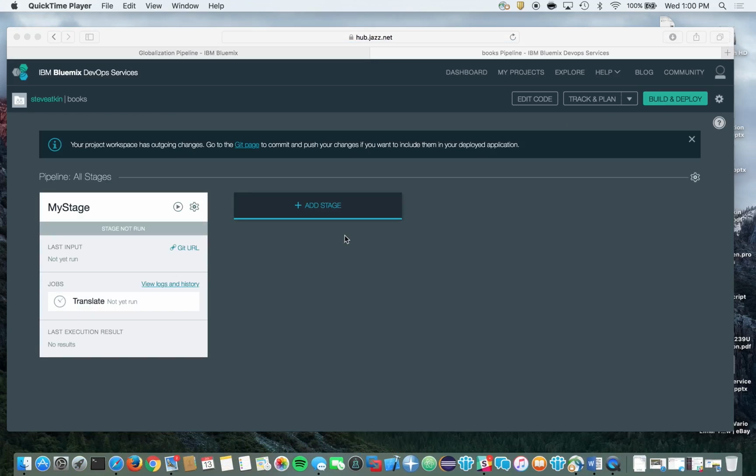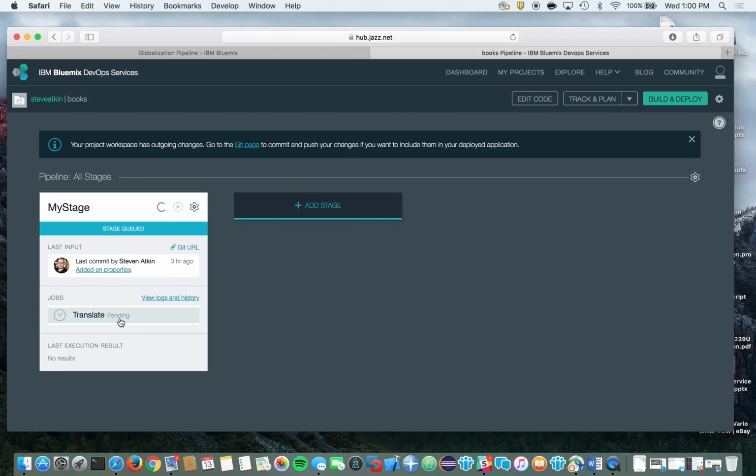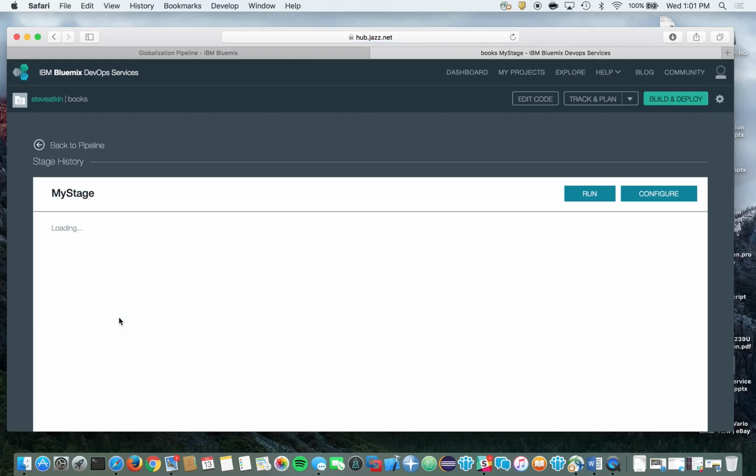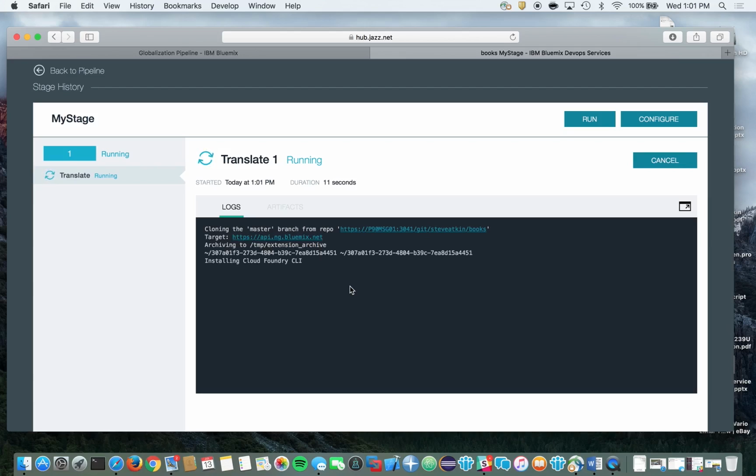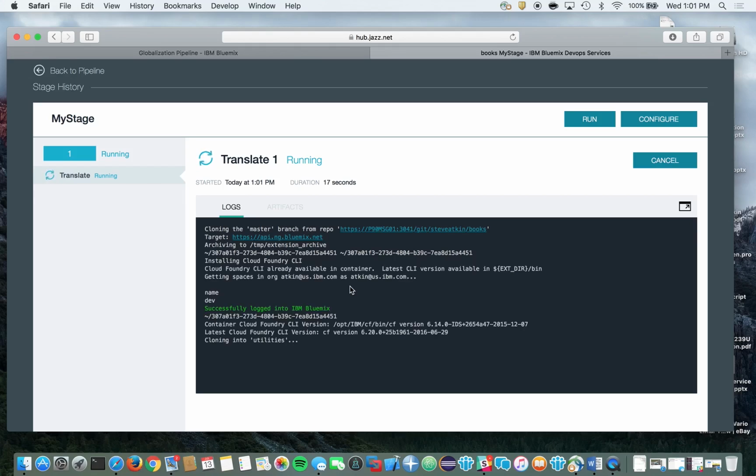Now, let's go ahead and run the stage. Once the stage starts the job, it will automatically connect to your Bluemix account and locate an instance of the Globalization Pipeline service in your account. Once your credentials are found, the job will create a bundle with the name you indicated and will upload the property file that you specified to the